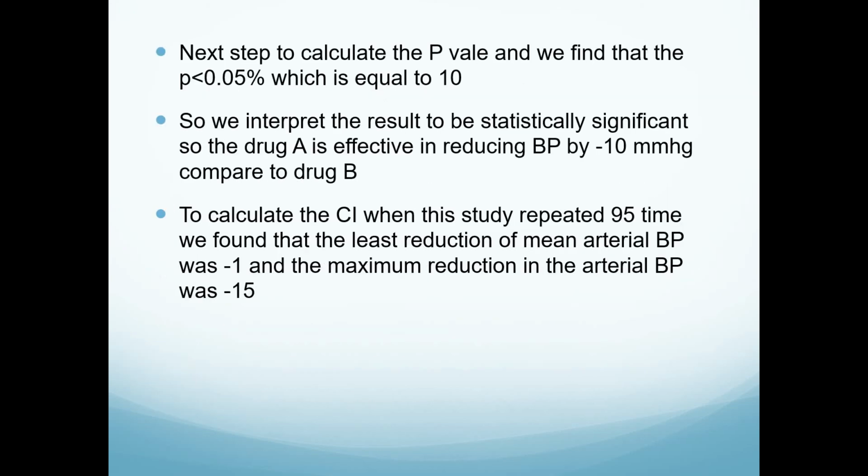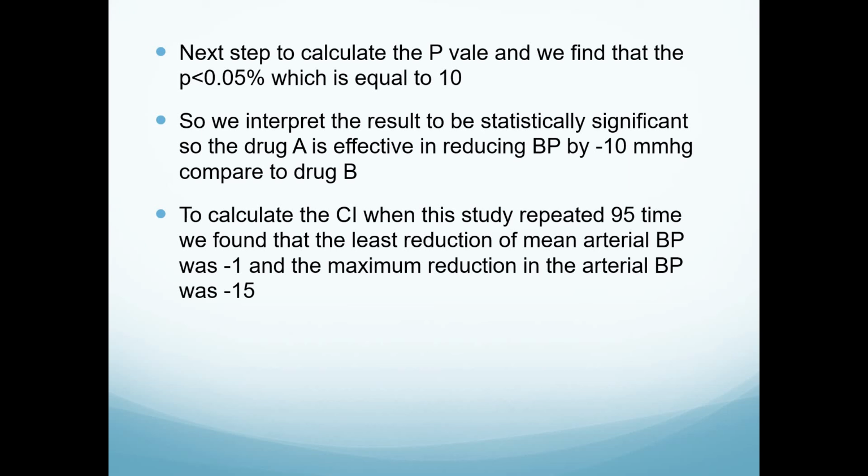The next step, we are calculating the p-value, and we find that the p-value is less than 0.05, so we interpret the result to be statistically significant. So drug A is effective in reducing the blood pressure by minus 10 millimeters of mercury compared to drug B. To interpret this value carefully, we have to